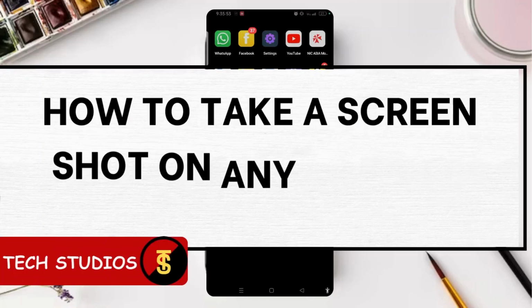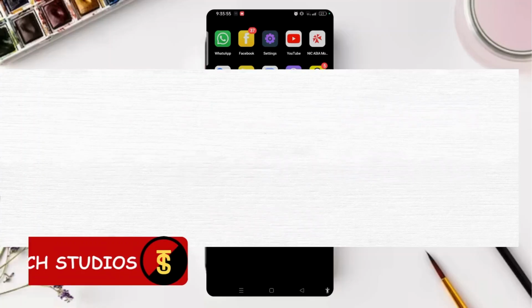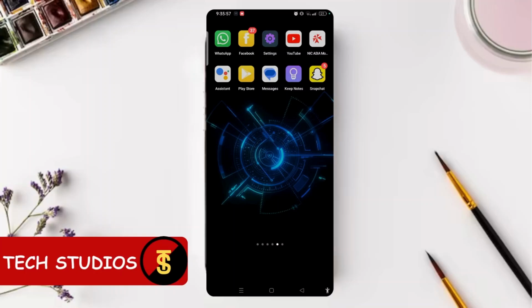How to take a screenshot on any Android device. Taking a screenshot on an Android device might be different, and there might be different shortcuts on different Android devices. So, it's a Realme device. On this Realme Android device, you can simply swipe down